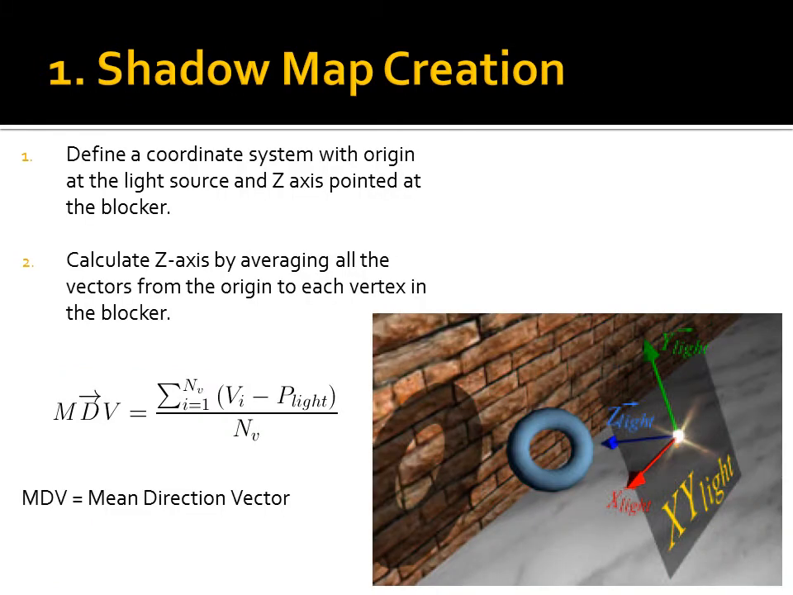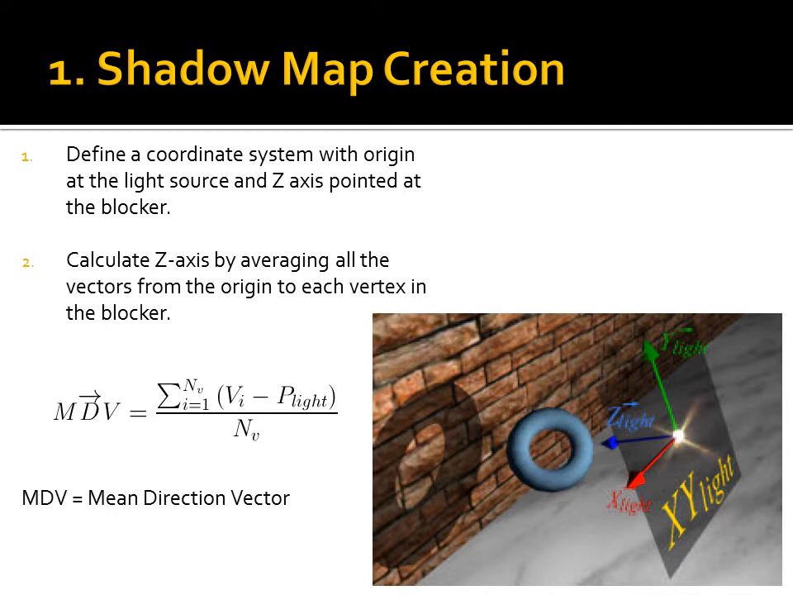The first step will be creating the shadow map. This is the majority of the process. What we do first is define a new coordinate system, the light coordinate system that's origined at the light. We point the z-axis directly at the blocker,